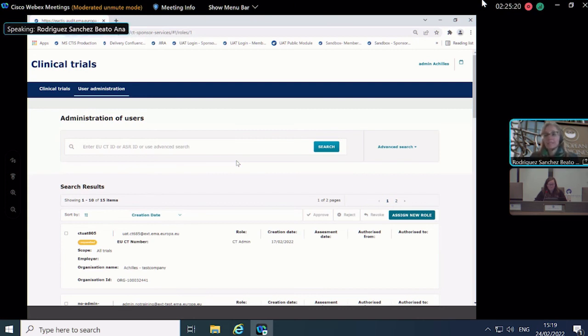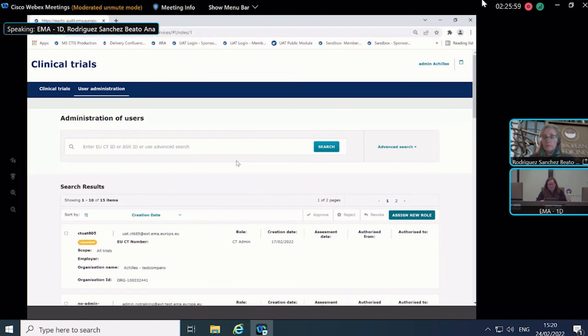OMS, as I explained, is an organization management system. So it keeps information on organization, and it keeps master data. And this is to ensure that the quality of the information about the organization is the correct one, and we prevent using different sets of information for the same organization. So, as I say, it keeps master data in relation to organization. It's a separate system. So yeah, OMS for organizations, EMA account management, which we also call IAM sometimes, is for users.